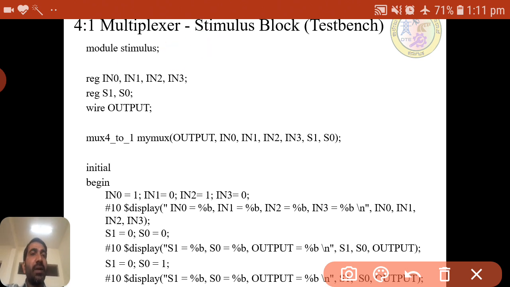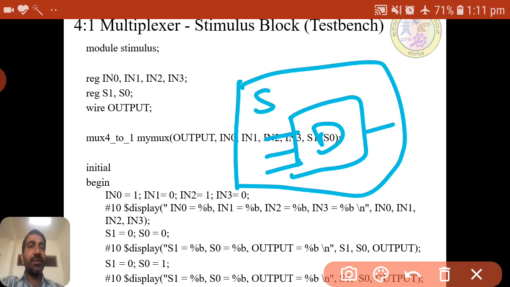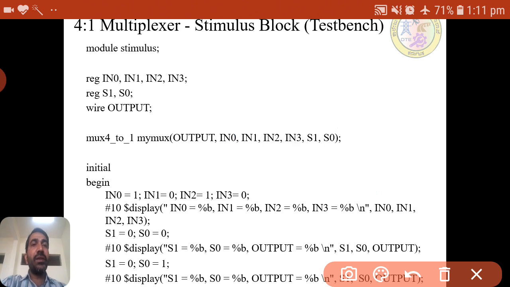But what are the intermediate signals? As I said, whatever the inputs and outputs of the design block are will act as the intermediate signals for the stimulus, so we need to declare those.